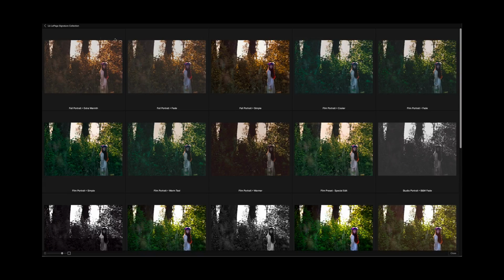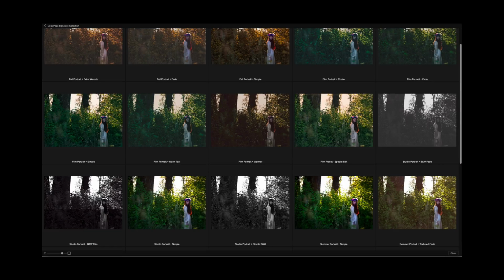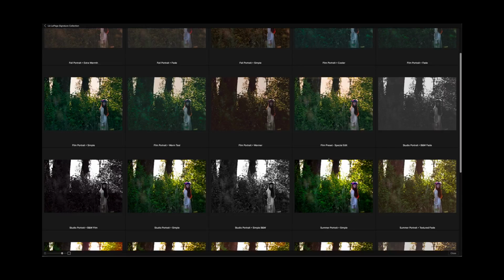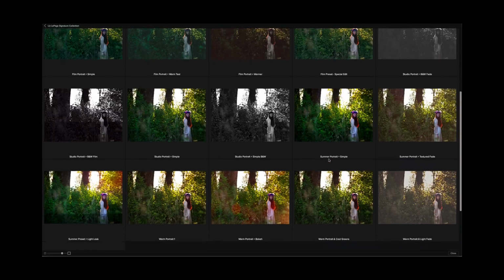A lot of people think that presets are just a one-use kind of a deal, and I am a firm believer that you should always use presets and edit them as you go. A lot of people just add it and they're like, well, I don't like it, and then that's it. And I am so not that kind of person. I believe that you should spend some time processing. So I have a whole bunch of presets here,